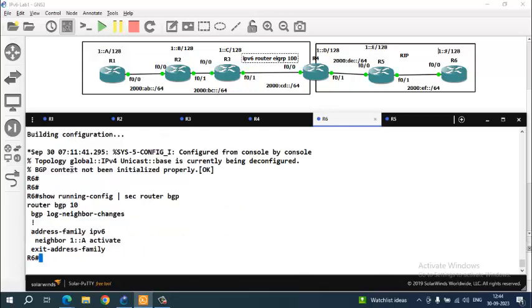You see, looking very decent, much better. Oh, what happened? The neighbor is gone. Only the activate command is there. Let me check. Show IPv6